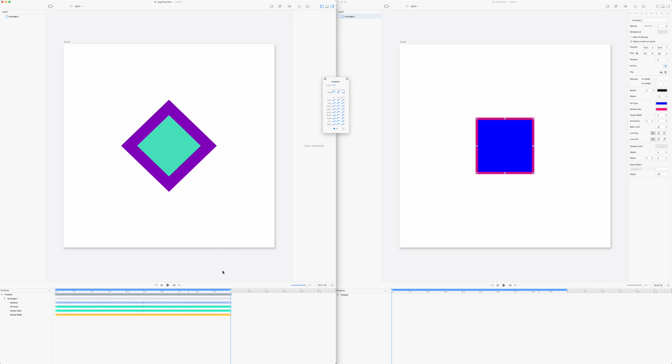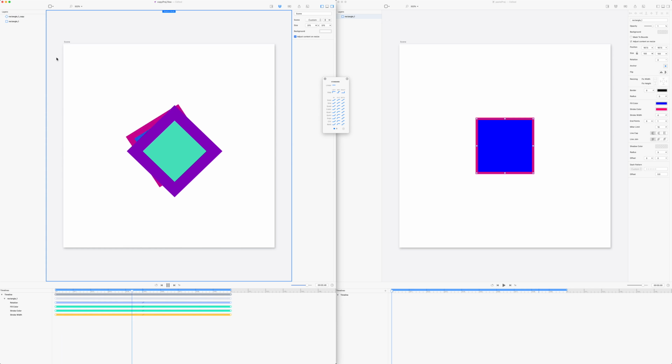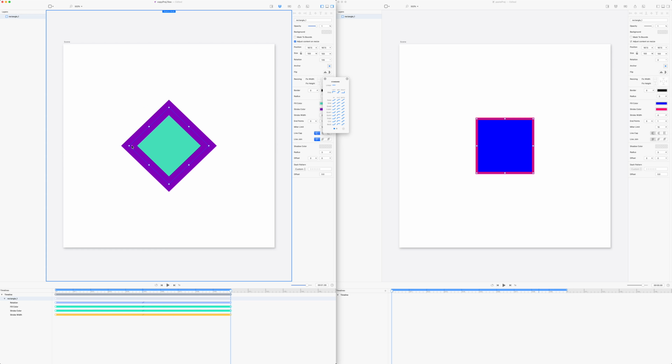Okay, so let's just go back to this animation. And what you can do now, let's say you wanted to have two objects that had the same animations. Well, just copying and pasting that object isn't going to do anything, okay? So that's not what we want to do. What you want to do is you want to copy it,